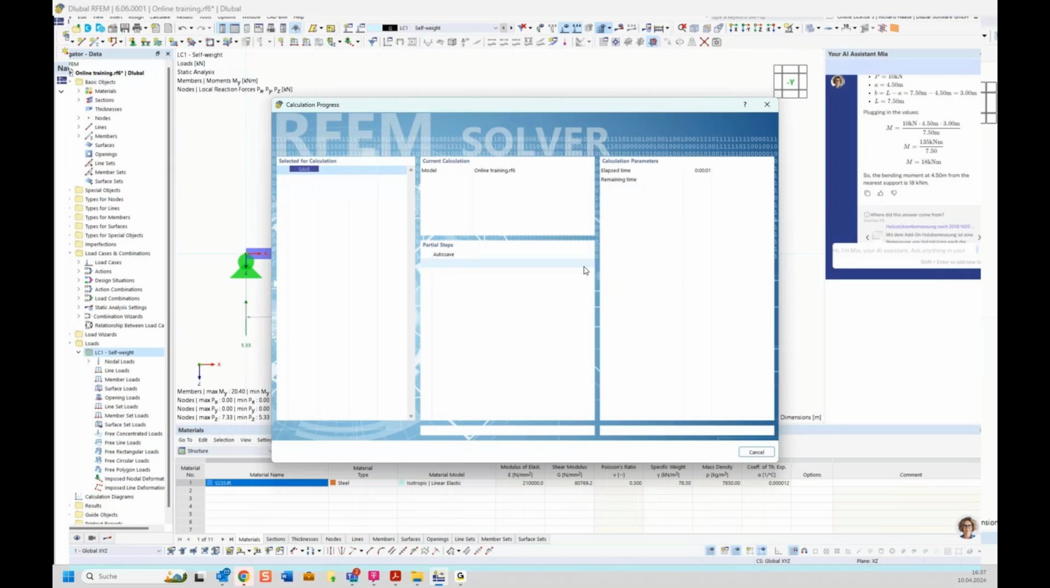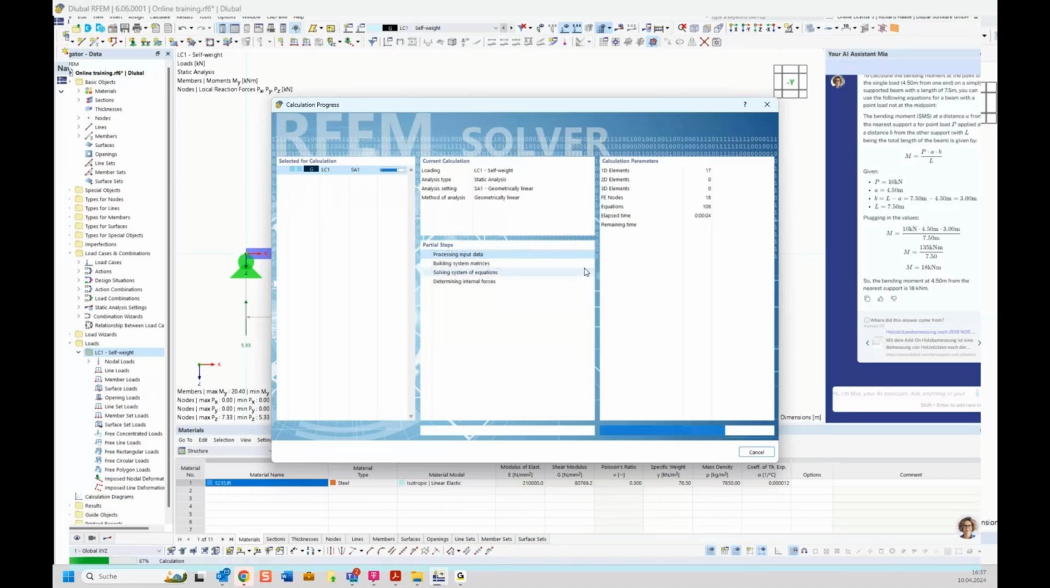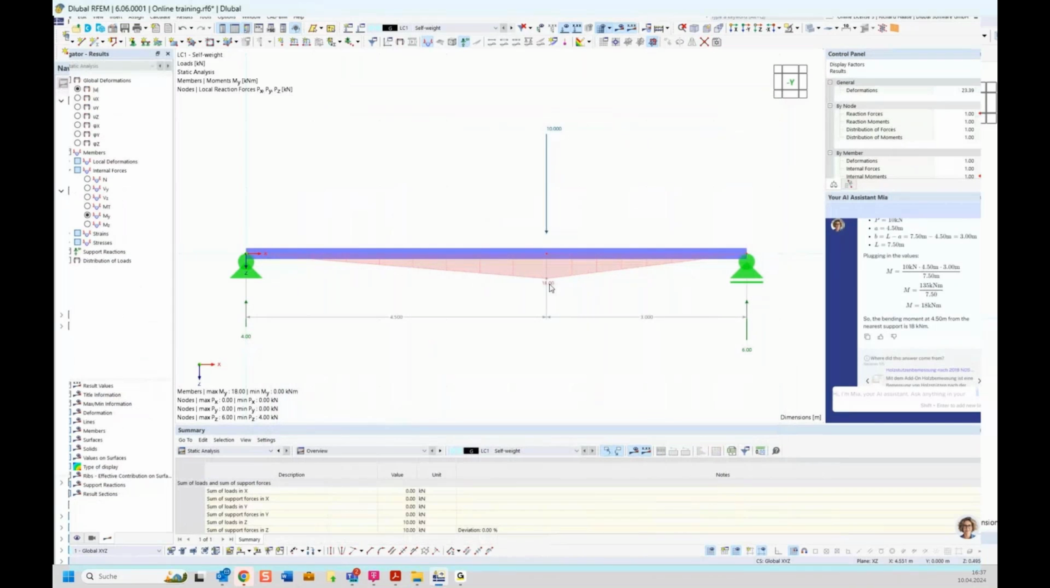And yeah, now you see here our 18 kilonewton meter, exactly what Mia said. So yeah, maybe Mia can assist you with statistical questions, or even if you have questions about the program, you can write them here and Mia will give you answers. And yeah,